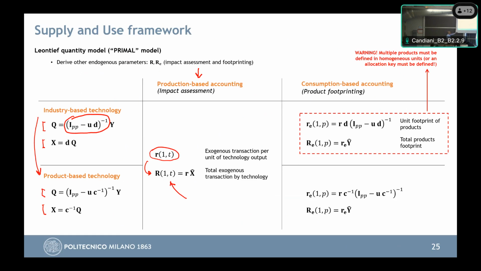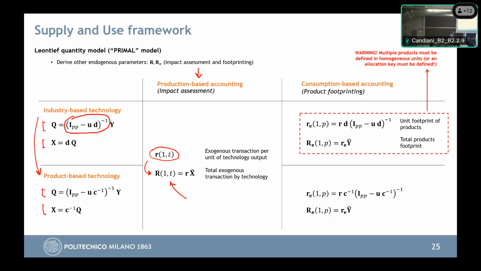While on the other hand, in product-based technology, this is called in LCA discipline also system expansion. Because if you have a byproduct, then LCA, the impact assessment model, is expanding the system by considering a saving of the production of the same product. Exactly what happened with the steel and boiler. We had a byproduct of the steel factory, and the system has expanded in order to account for the saving of such byproduct